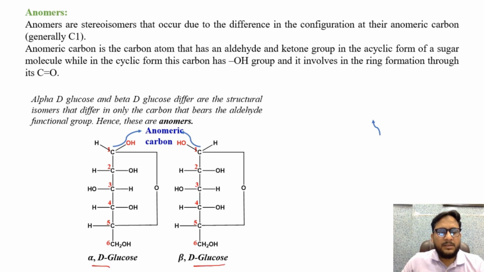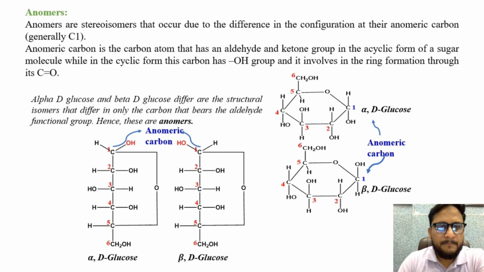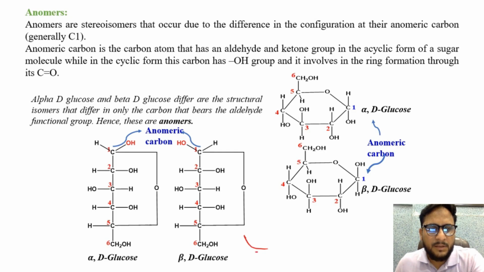They are basically in the form of pyranose ring. So these structures basically exist in this particular form. This beta D glucose exists in this form and alpha D glucose exists in this form, and it is very easy for you to understand the concept. Look at this one, C1, and C1 is directly connected to oxygen. Here also C1, we have alpha D glucose, C1 directly connected to oxygen,